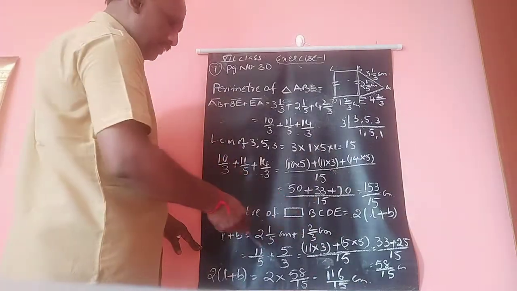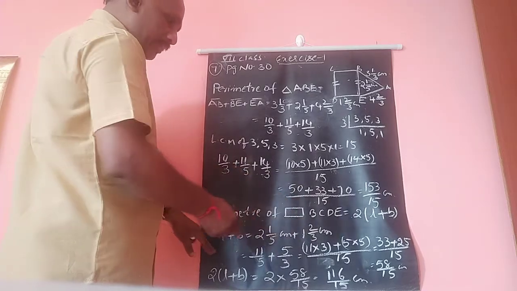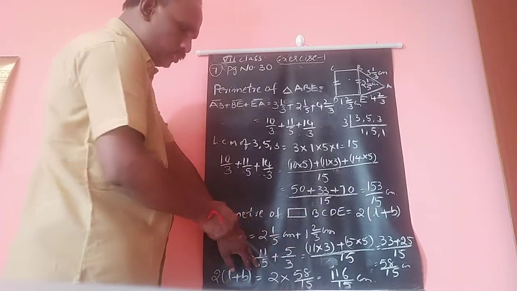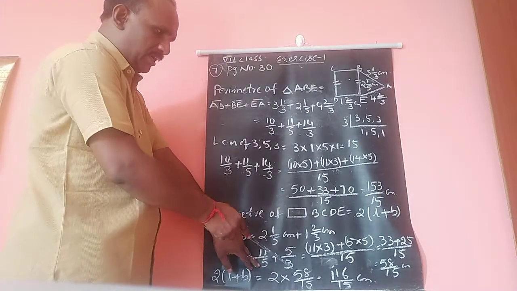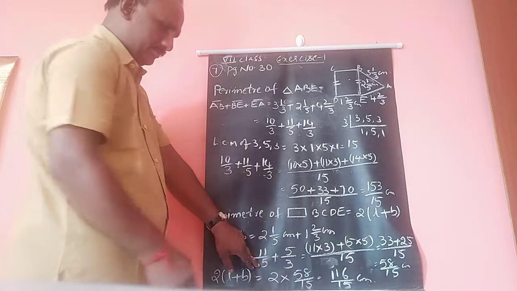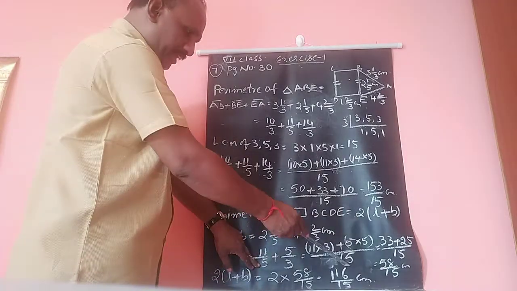15. And what is the LCM of 5 and 3? 15. Those two are co-primes, so it won't go in any table. So the LCM of co-primes is direct multiplication: 5 threes are 15. Yes, 5 becomes 15.